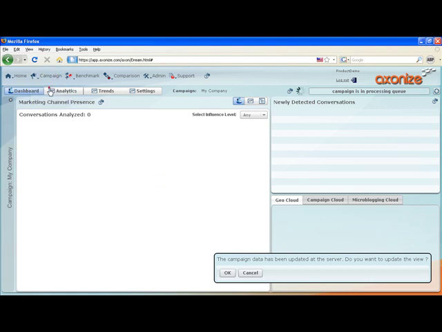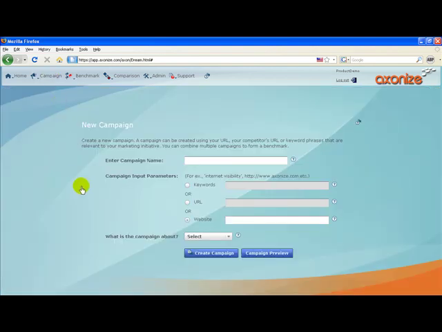Let's go back, click on Campaign New to take a look at the second option we can use to create a campaign, and that is the URL. To use the URL campaign, first of all, we once again go ahead and enter an appropriate name for the URL.